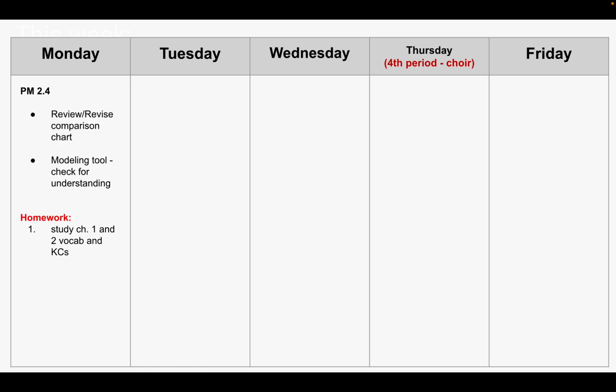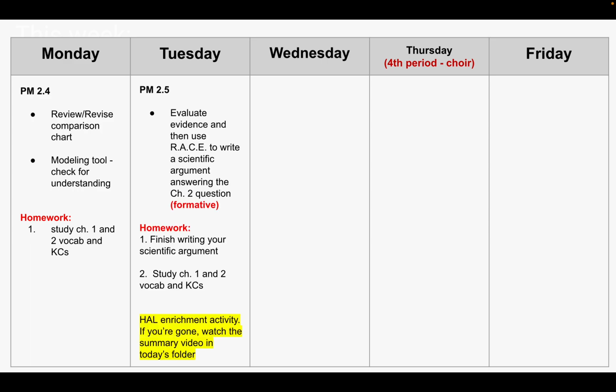So Monday, today, we're just going to go over Plate Motion 2.4. Homework is to study Chapter 1 and Chapter 2 vocabulary and key concepts. Tomorrow we'll finish